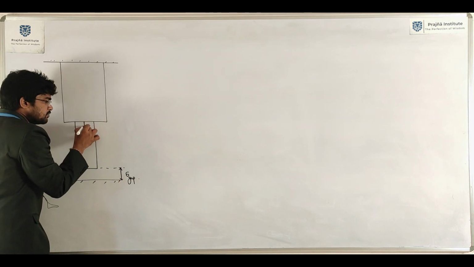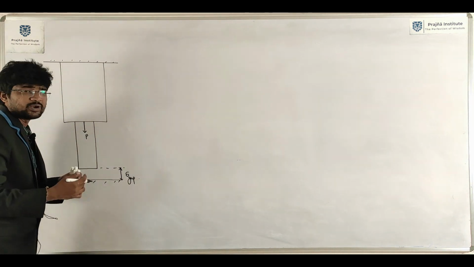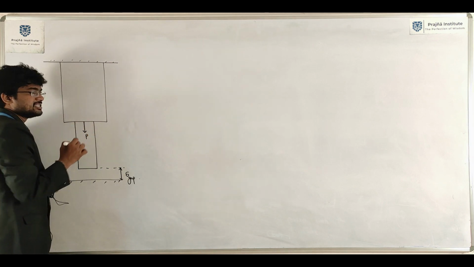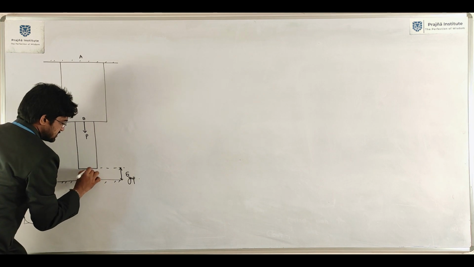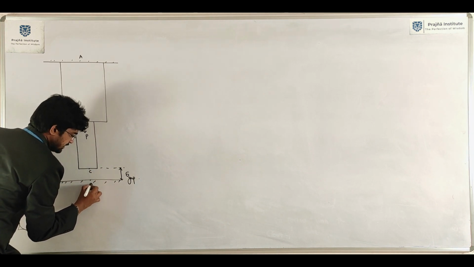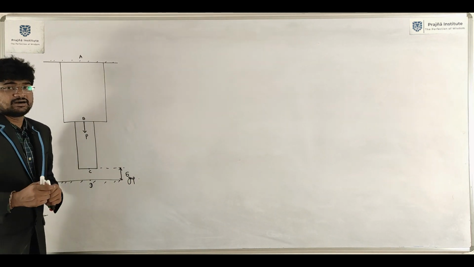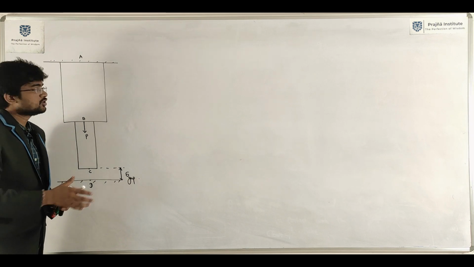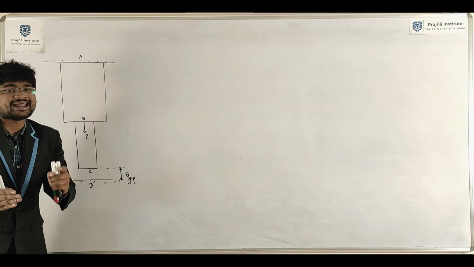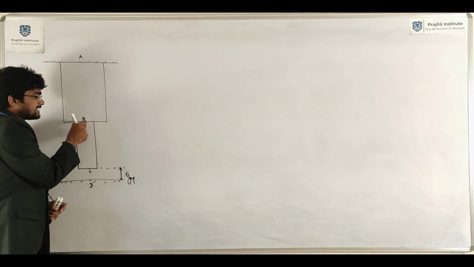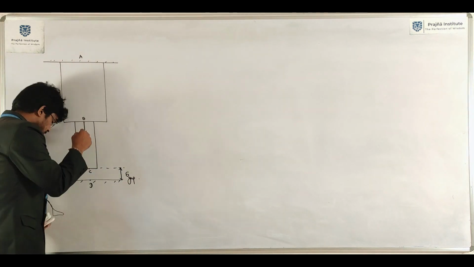Here P Newton is acting. This is the P Newton. Some axial load is acting at this point. A, B, C and D. Here the logic is, first we need to determine the total deformation in the compound bar ABC when an axial load is acting at point B. Now here P amount of axial load is acting at point B.